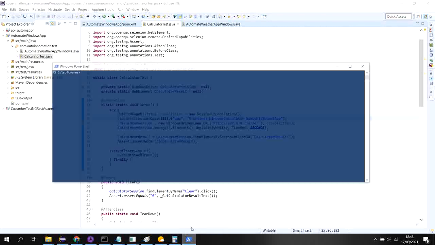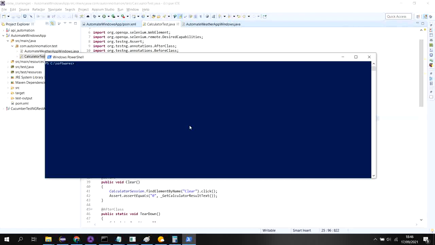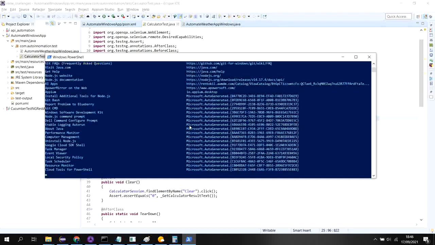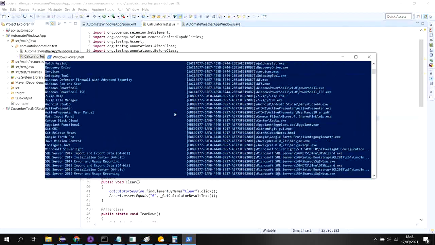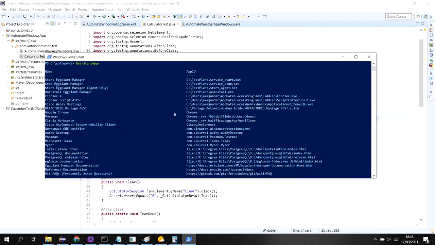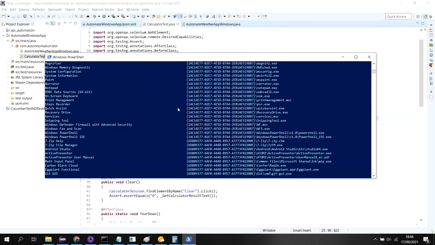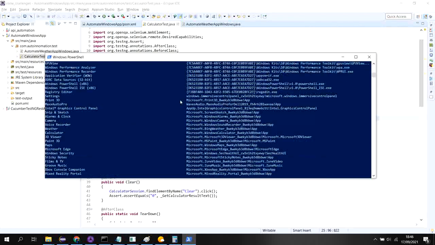You can open PowerShell from your computer and type this command, Get-StartApps. It will give you the list of app IDs of the apps installed on your computer.